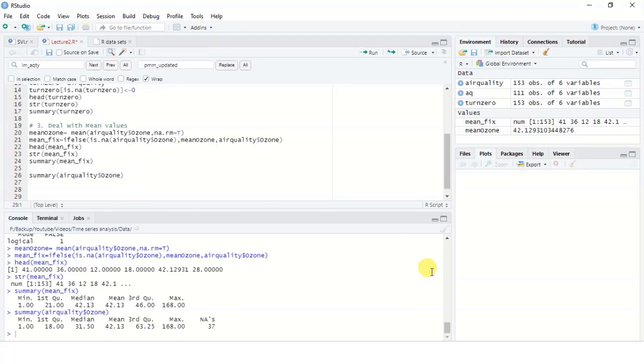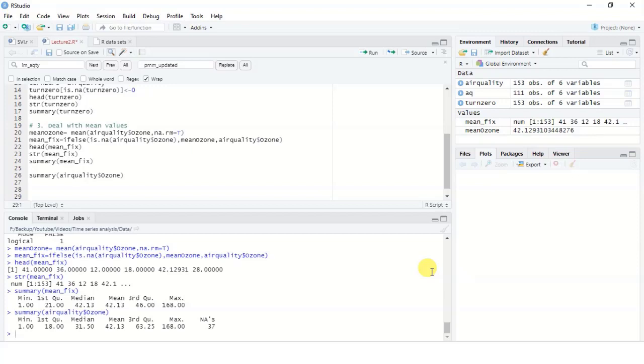So there is another method of dealing with not available values. It is called predictive mean mapping. However, the predictive mean mapping method is quite complex to understand compared to the first three methods. However, it is not a requirement to understand how it happens, because it is not directly related to what we are doing in this course. So if you don't understand, or if you can't follow what I am explaining, it doesn't matter. You just have to use that method when you deal with the not available